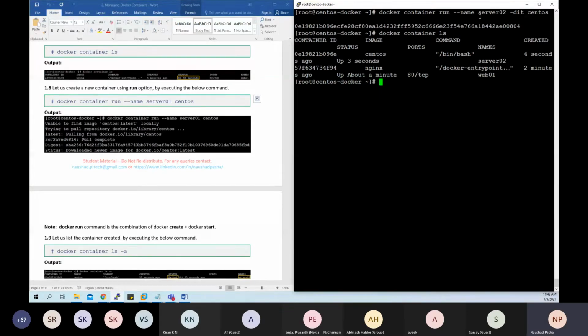The reason why server01 was in the exit state is because inside the container server01, there was no activity, meaning it was doing nothing. So by default, containers are designed to only run when there is anything to run inside. Otherwise, the containers are supposed to go in the exited state.